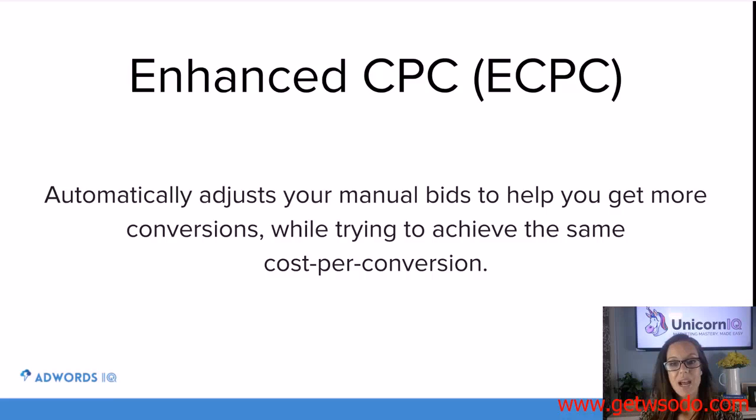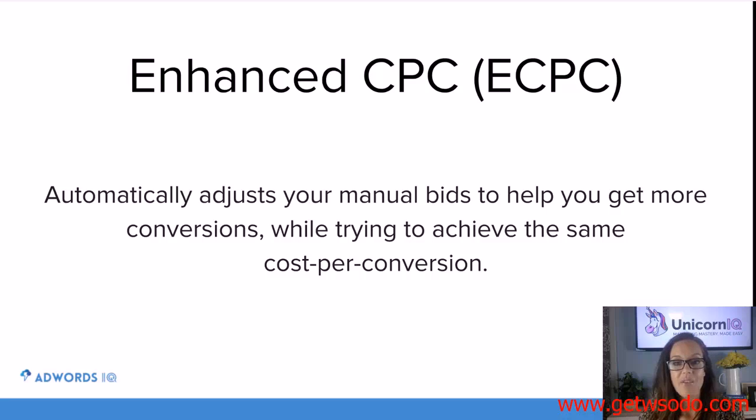And sometimes I get asked, what is the difference between enhanced CPC and target CPA? Basically with target CPA, advertisers set a target per conversion, or their cost per acquisition. And in this case, eCPC basically drives the most conversions, but it has a max CPC ceiling, if that makes sense. So you just have to be careful, because